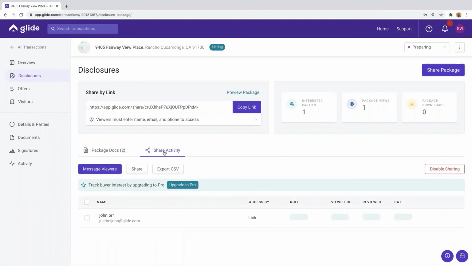Now with a Glide Pro membership, you'll see upgrade to Pro here. With that Glide Pro membership, you're also going to be able to see how much they reviewed, if they downloaded it, as well as the date that it was reviewed. And this really becomes a lead generation tool so that you can see who is truly interested in purchasing the home. So now that we've showed you how to share the disclosure package, we're going to go back into our